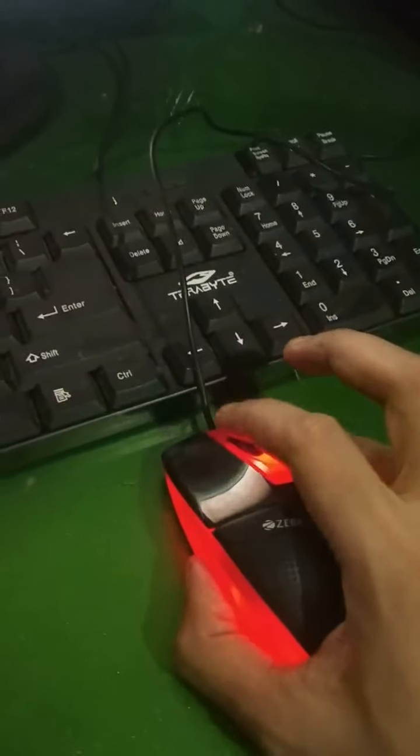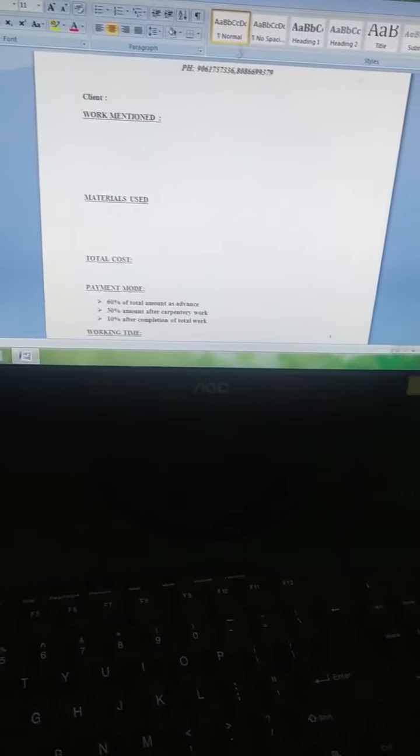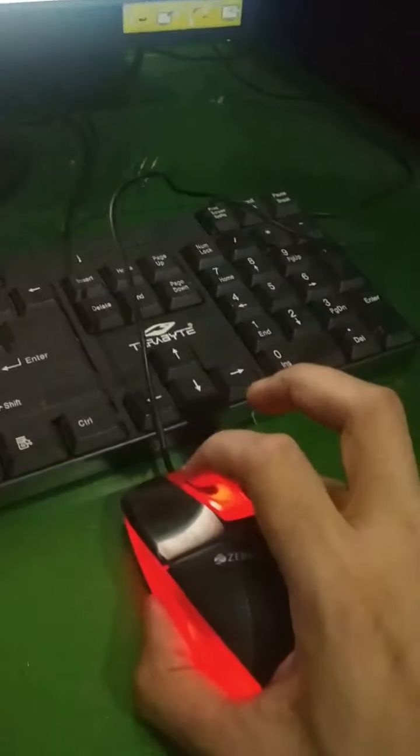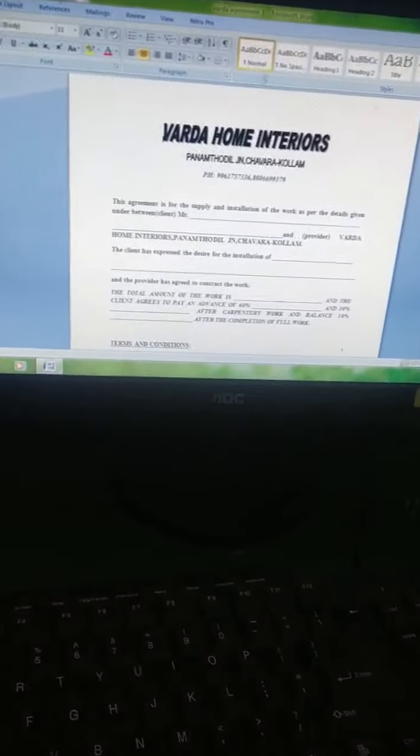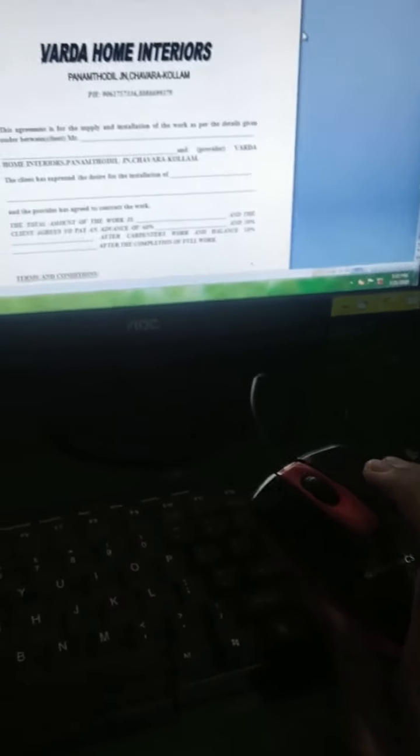And to move upwards I am scrolling this button upwards. So look, it will go upwards like this. Did you understand? This is the input device called mouse, with its 3 buttons and its sensor or wheel.